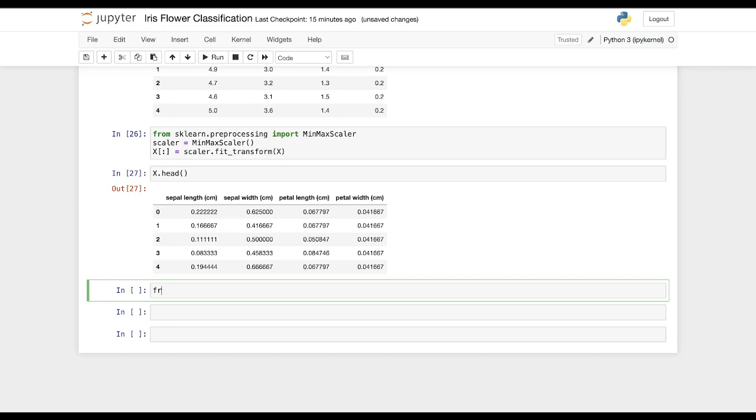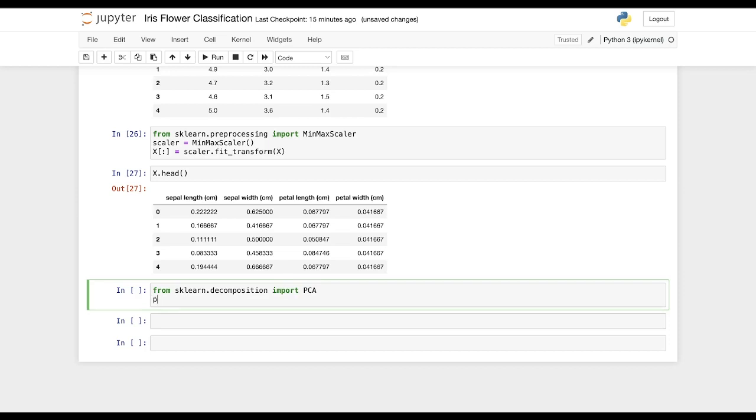Or before going to train test split, one thing you can do here, we will just perform dimensionality reduction on this particular data set. We don't want all these dimensions. We just want to extract the important values from this data set, which are important for our model to learn. So we will perform the principal component analysis technique, PCA, on this data set. We will say from sklearn.decomposition import PCA, and you will create an object of PCA as a small pca. You need to provide the value of how many important components you want to extract.